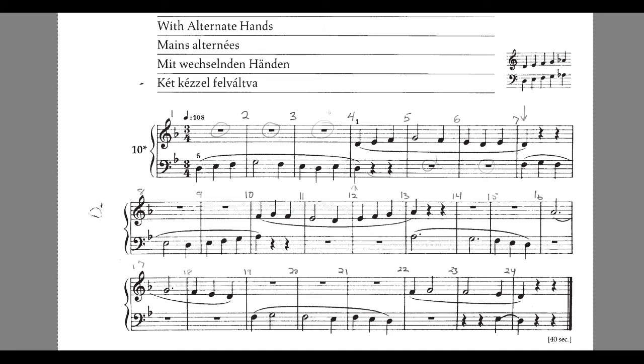Except for this moment right here, we have sort of an overlap that happens on the downbeat of measure 4, where we have the last note of the phrase in the left hand and the first note of the phrase in the right hand. And it's these overlaps that always make one of the trickiest moments in this piece. If I put them together, you'll notice